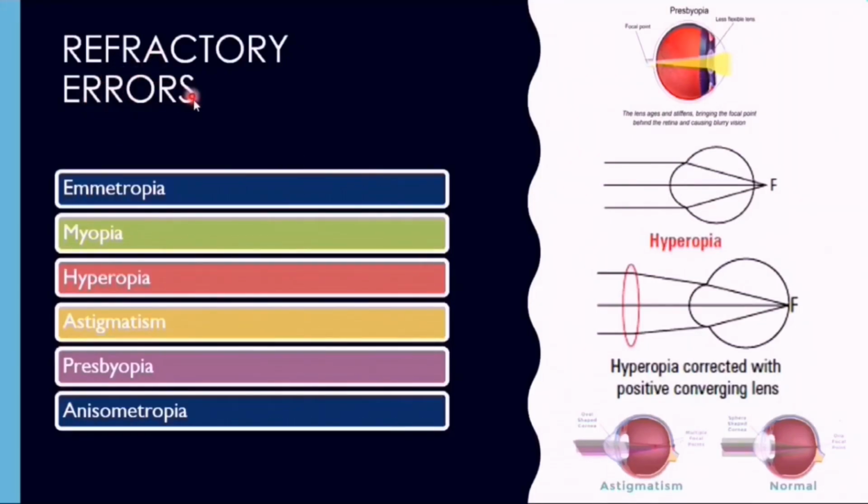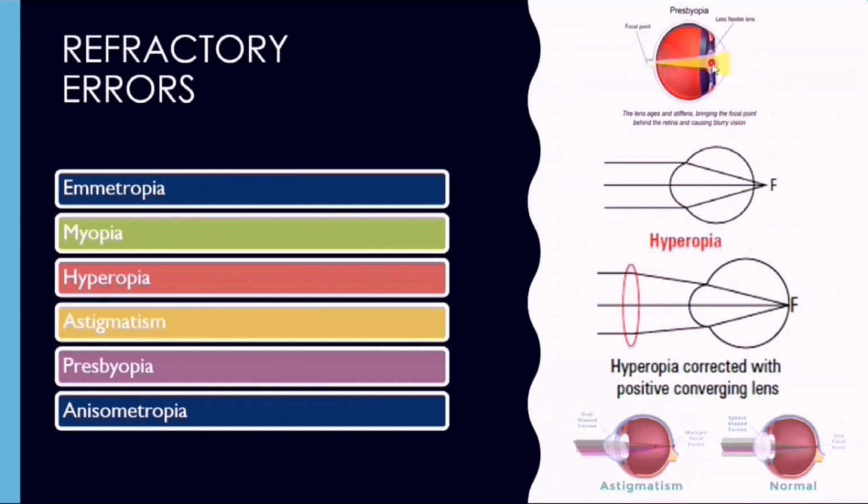Now, refractive errors. Different kinds of refractive errors of eye are listed here. Out of all these refractive errors, hyperopia and presbyopia, these two errors are treated by using convex lenses. Hyperopia is also known as farsightedness, and convex lenses are used for the treatment of farsightedness. On the other hand,